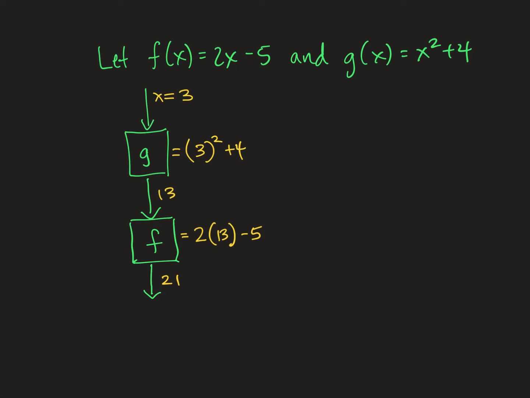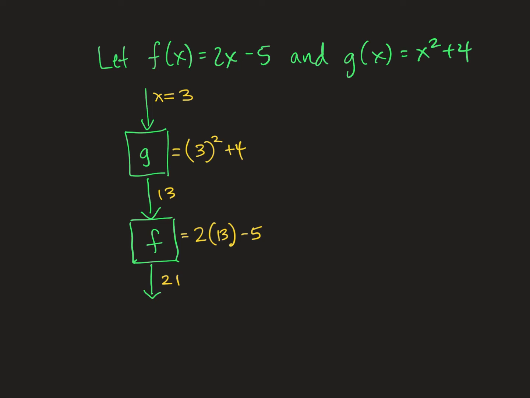So if we followed the math, we took x equals 3, and we plugged it into g first. Agreed? Let me rewind. I took 3, I plugged it into g first. So that means when I got around to plugging it into f, f came after g. f followed g. g first, then f. Agreed? So the way we write this, the notation that we use,